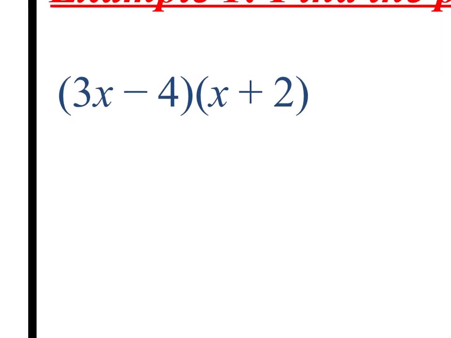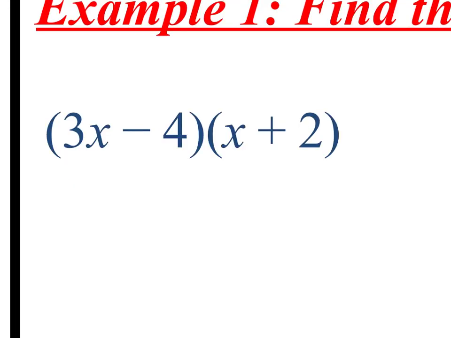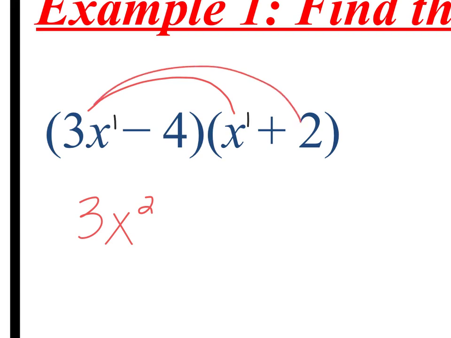I'm going to start with distribution. Okay, I'll try and color code it for you. First thing, I'm going to distribute 3x. 3x times x. Remember, you have an exponent of 1 here. Add your exponents. It's 3x to what power? Second, 2. And then 3x times 2, 6x. So you're doing distribution just like you did yesterday,